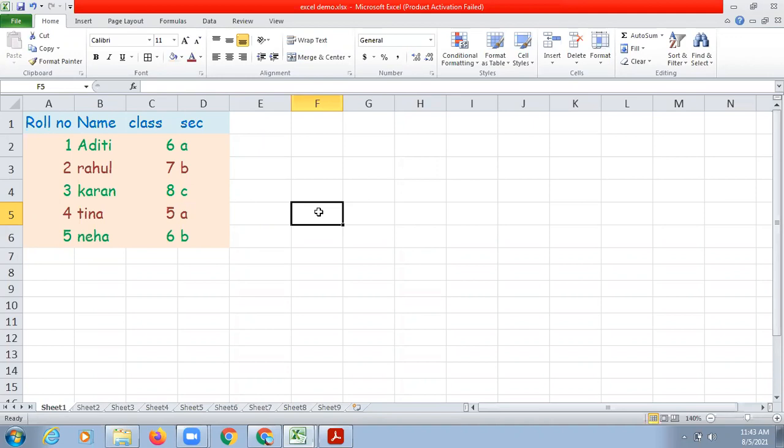For example, if I write a number, by default numbers will always appear on the right hand side, irrespective of whatever the number I am writing. But if I type any text, by default all the text will appear on the left hand side. So this is a common rule. By default numbers will appear on the right hand side and text will appear on the left hand side.